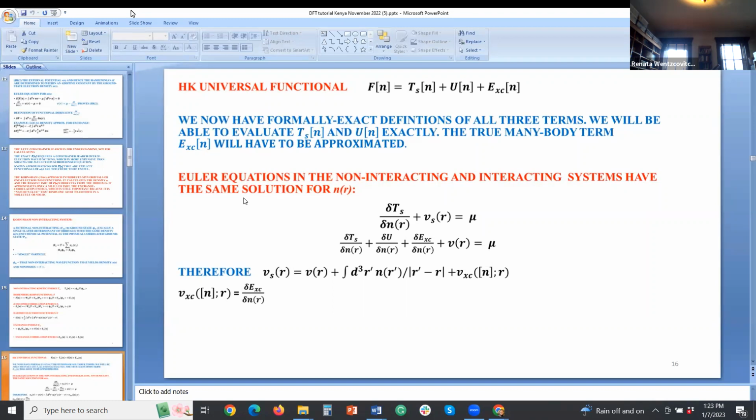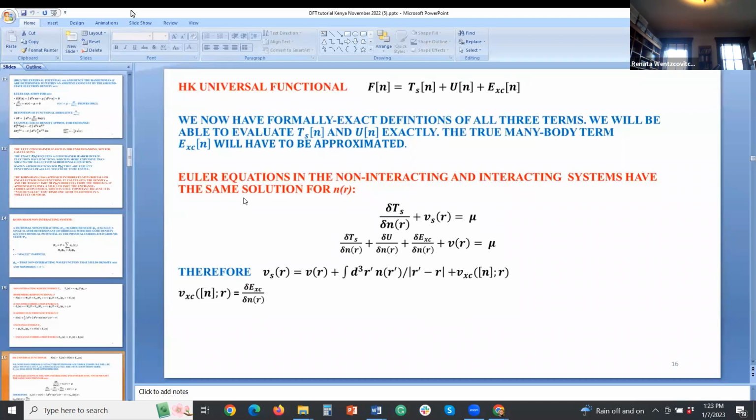So how will we find this non-interacting system? How will we find the potential Vs? How will we find the Kohn-Sham spin orbitals and so on? Well, we have to remember that we have an interacting system and a non-interacting system that by hypothesis have the